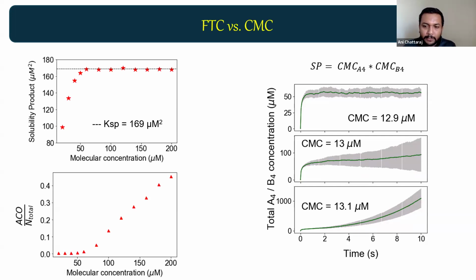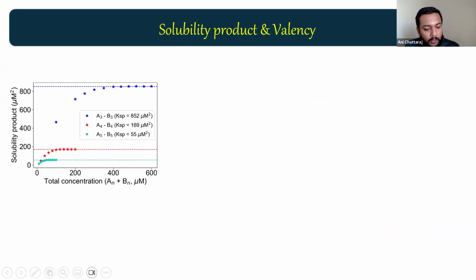And that phase transition boundary can be arrived at using two distinct kinds of simulation strategy. Now, we can obviously play with the valency of the molecule. So for example, what happens if we change the valency of the system? And by valency, I mean how many binding sites you have per molecule. So for example, going from A3B3 system to A5B5 system, you can see that